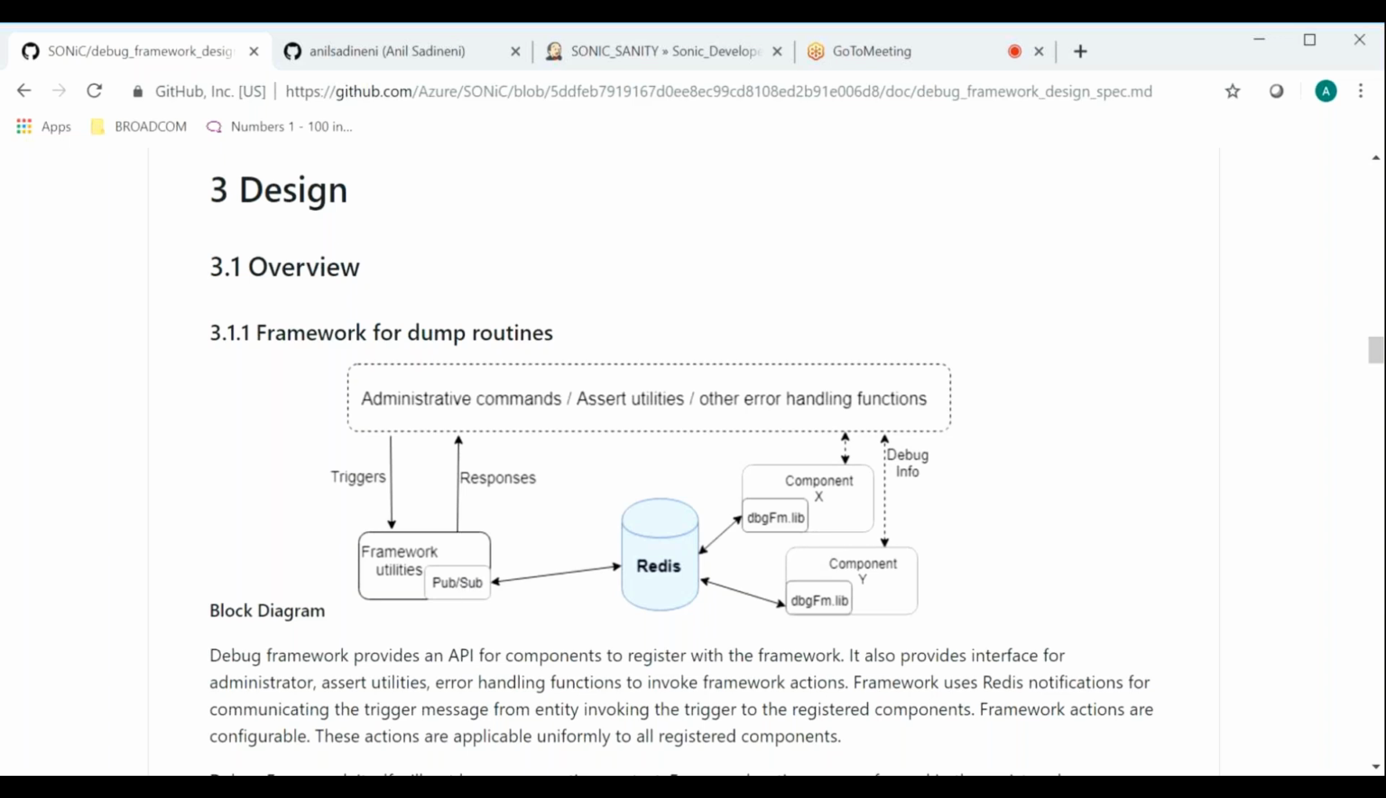Notification probably makes more sense, but the main point is that the triggers that come from the northbound, like administrative commands, asset utilities or any error handling functions, will send the trigger down, and using the utilities, they send a notification via Redis to all the components to do the job. The debug information can be collected and shared on the screen or written into files, which can be compressed and uploaded, or compressed and saved on the system. So essentially, that is all there is to this. And how it is done is,